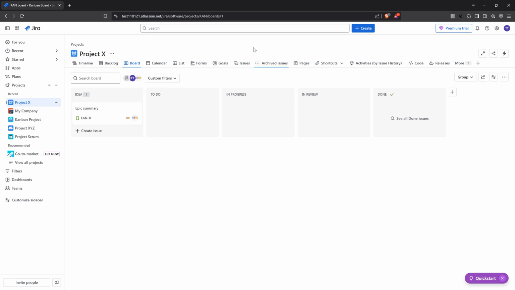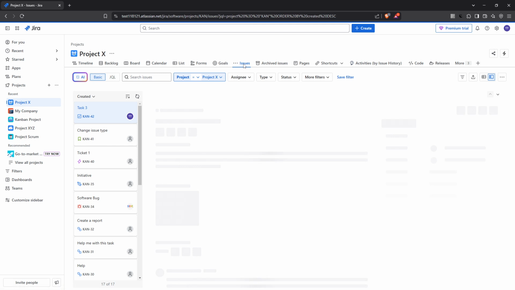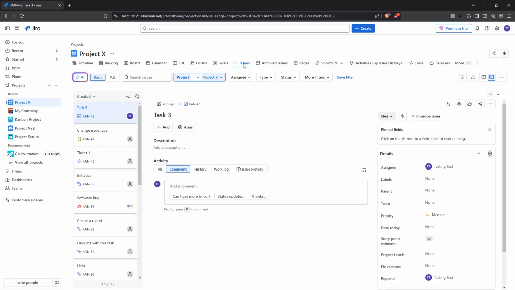Once you are in the project view, you should see a navigation pane at the top. Next, locate and click on Issues. The Issues tab is typically positioned at the top of the screen. Once clicked, it will open up a list of all ongoing tasks and issues related to your project. This section is like a comprehensive index of everything that needs attention in your project, so it's crucial to have